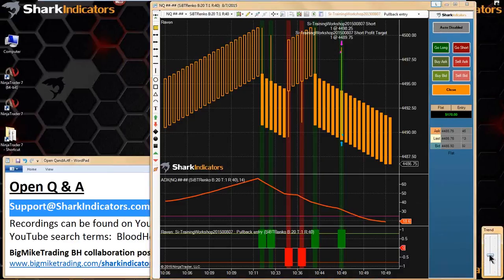Alright, so I'll just leave it there for now. It looks like the ADX is going to start sloping up on us. Looks like it's going to inflect right here and reverse up. So with that, alright,